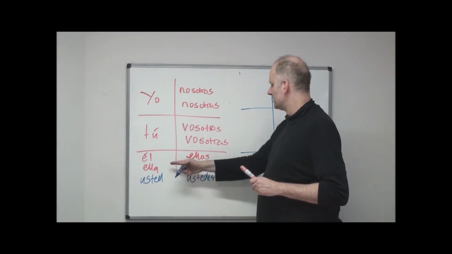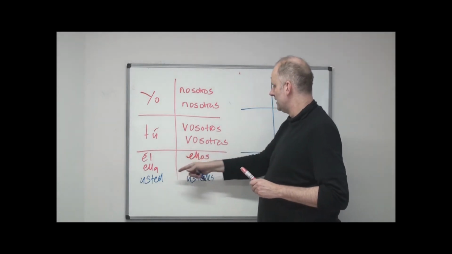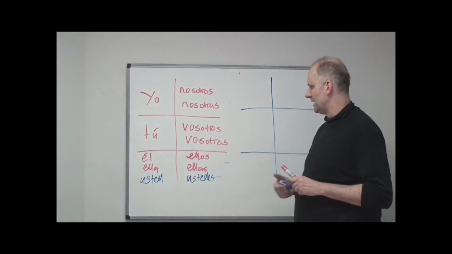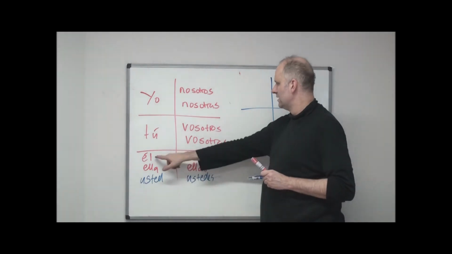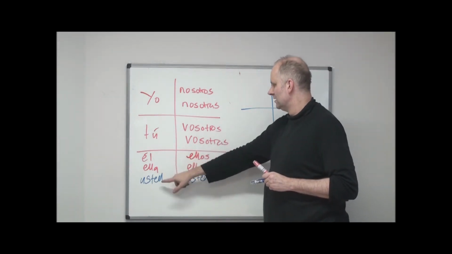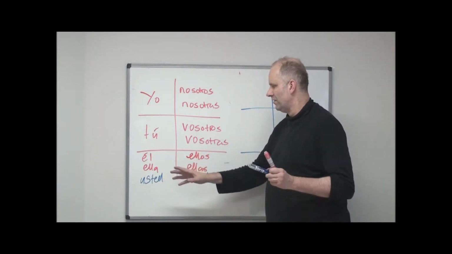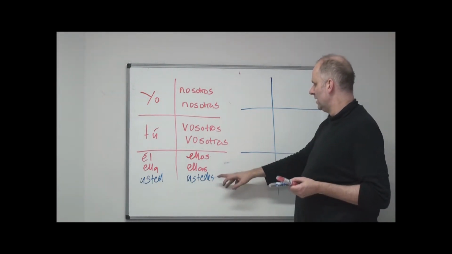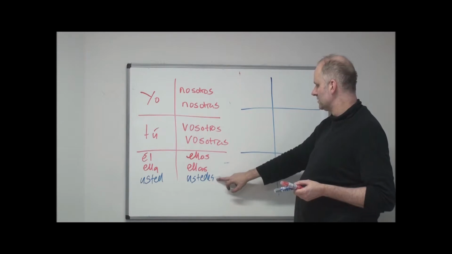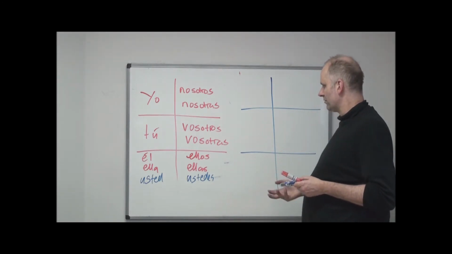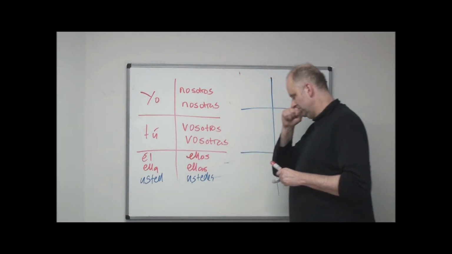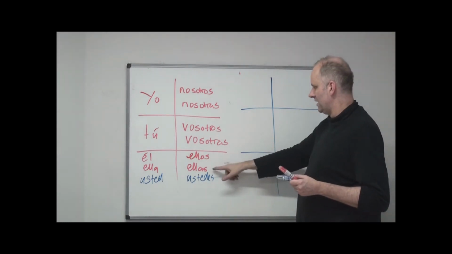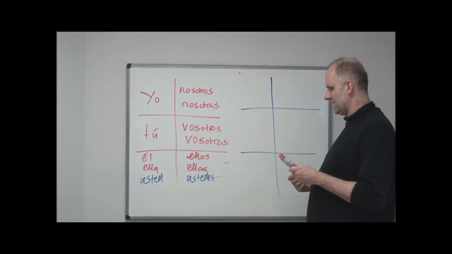And you can see that it goes in the same group as él, ella, and ustedes goes with ellos and ellas. So whatever the way that él and ella conjugates, usted also conjugates, no matter what the verb, without exception. And the same with ellos and ellas. Ustedes, the formal plural version of you, conjugates in the same way as ellos and ellas. So if we take the verb